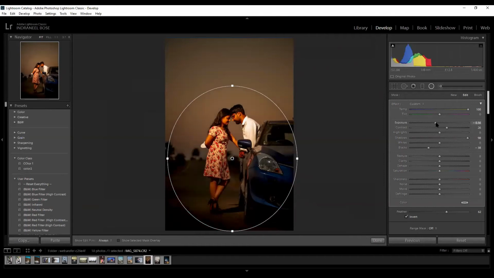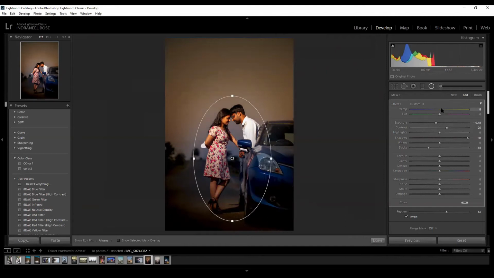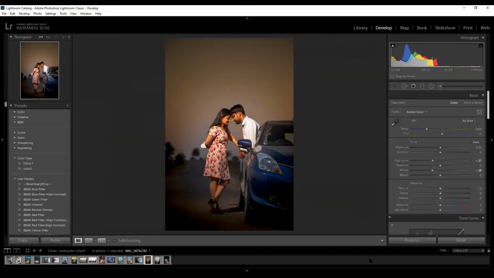Now I have an easy way to do the correction. I can increase the exposure. I can reduce the yellows to match. I can shorten the zone a little more. I can remove the blacks a little more. Now, understood the point? We can easily work with two radials. Instead of again selecting an inner circle and outer circle, we can just duplicate that outer circle. The values will be there. Just invert it.